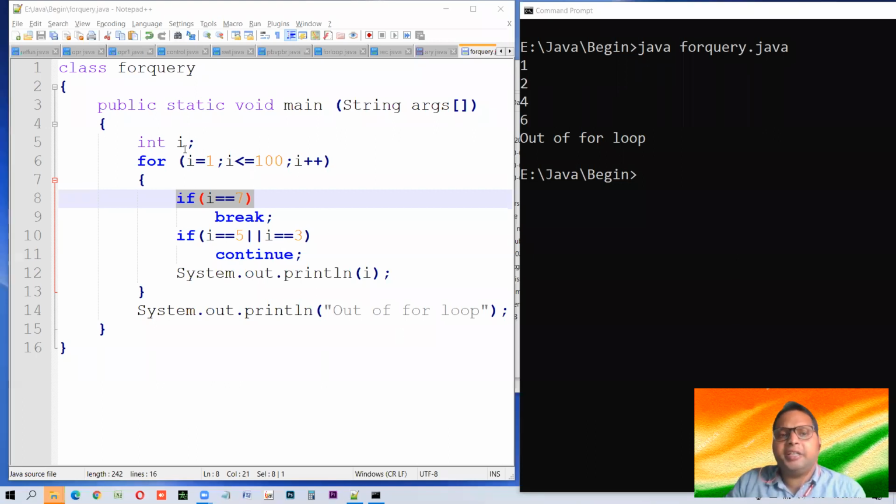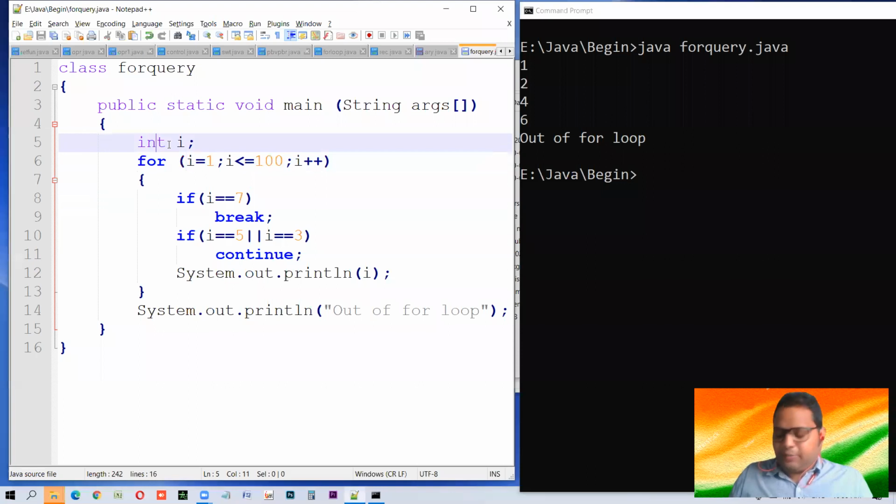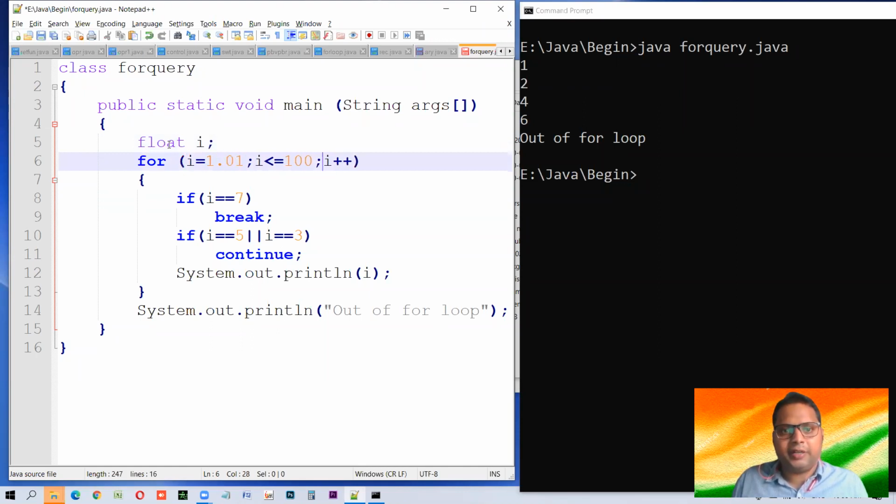You can use any data type in looping. Let us see this. Let us make it float. One query is also other data type you use. Of course, you can use it. So I is equal to 1.0. It's still 100. I equals I plus